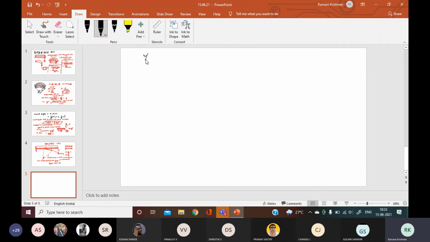So what I wrote, Y by R into Ig is equal to W (L minus X). And this is the rough work. Already we have seen that theta is equal to dy by dx, and d theta is equal to dx by R. This is the rough work we need.